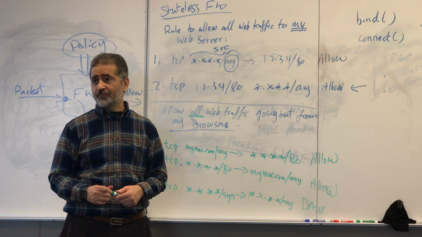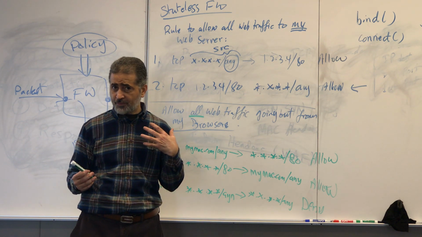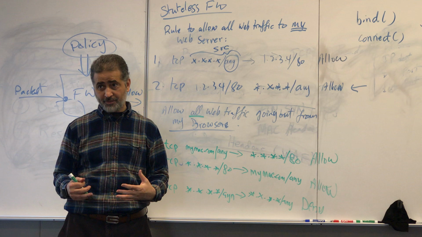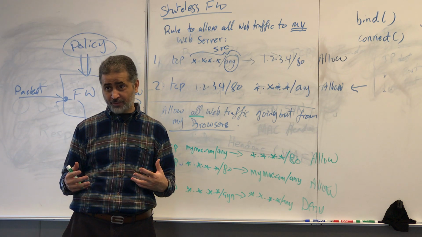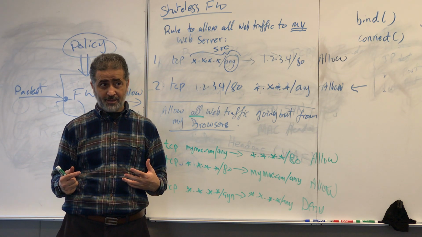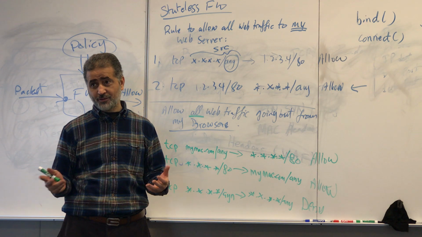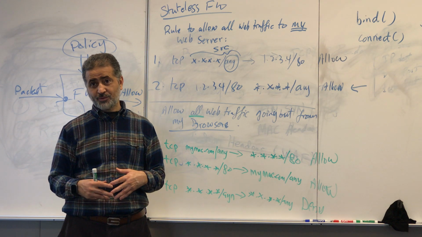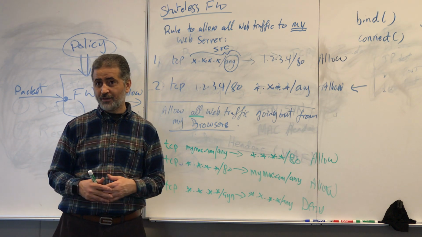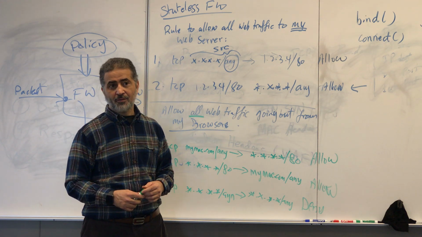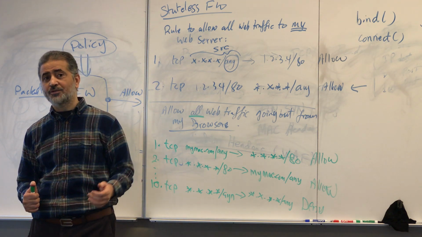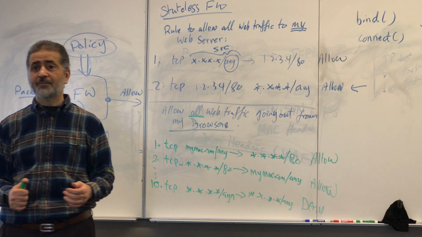So if you want a rigorous firewall that really does the work for you, you have to do that. If you have a firewall that has 2 rules or 3 rules, that means your firewall is widely open or you have a lot of holes in it. Okay. So, let's assume you want to block multicast traffic.